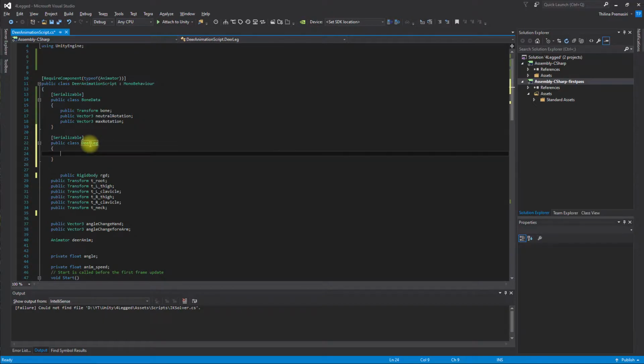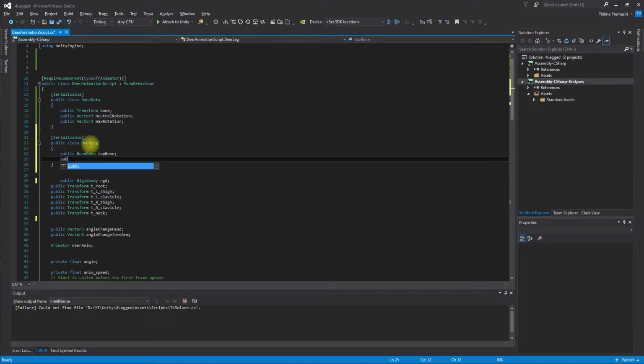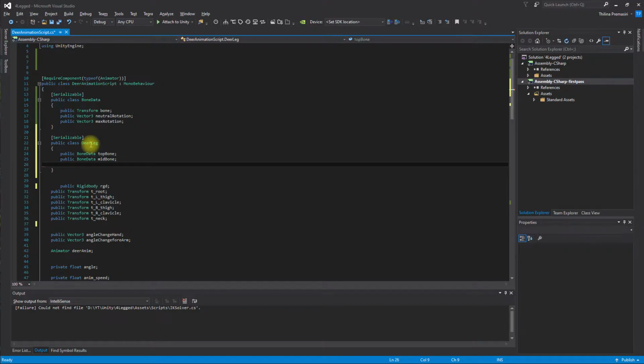Okay, that's better, clear. And public bone data, top bone, public bone data, mid bone, public bone data, toe. Right,